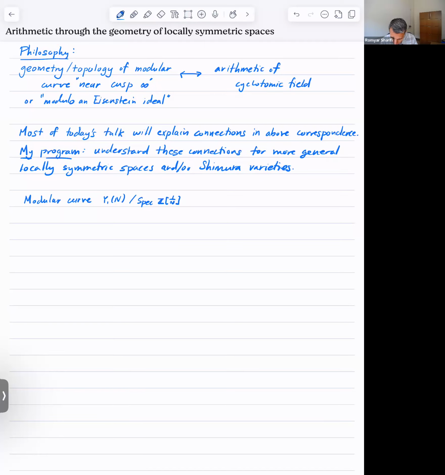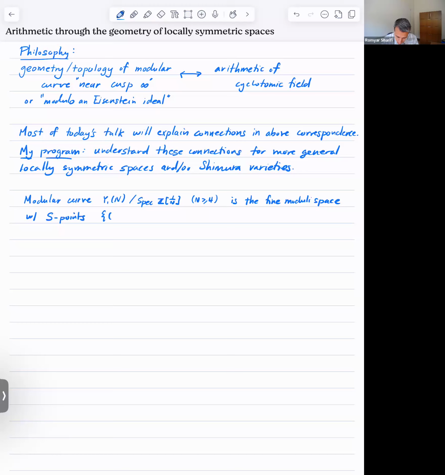Let's say N is at least 4. It is the fine moduli space, with points for a Z[1/N]-scheme S,